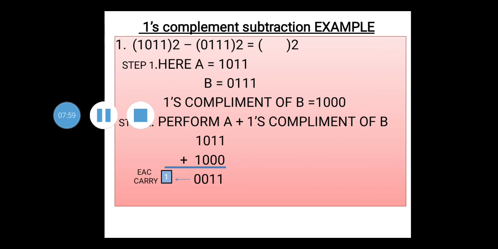Third step, after getting the ones complement of B, perform addition of binary A and the ones complement of B. So here the addition process is done. You have to check, A is 1011 and the ones complement of B is 1000. After addition, you can see here it is a 4-bit addition. So when 4 bits are added, you should get a 4-bit answer. And if a 5th bit is generated, then it is called the end around carry. So here the 5th bit is generated after addition. You can see here it has been highlighted. So it is called the end around carry, and this is in the MSB bit position.